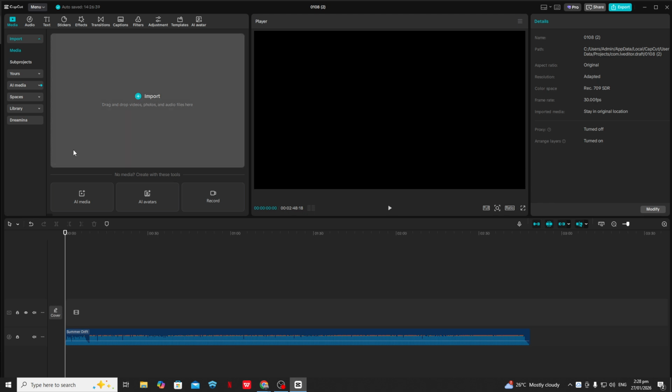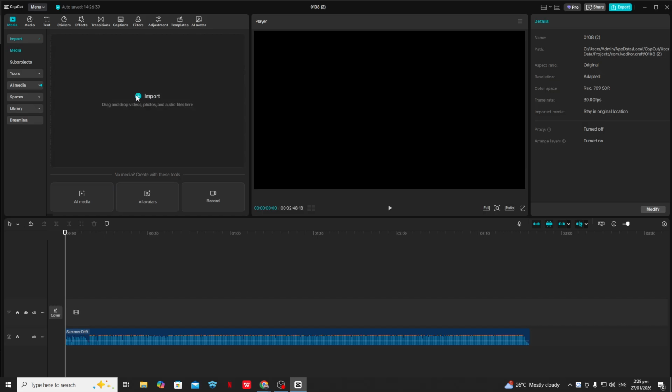Before you start, make sure you have CapCut installed and updated to the latest version. Features related to higher frame rates can depend on both your device and the app version, so updating is an important first step. Also, keep in mind that not every device can handle exporting at 120 FPS smoothly, especially older phones. If your device starts to lag or overheat, you might want to step down to 60 FPS instead.